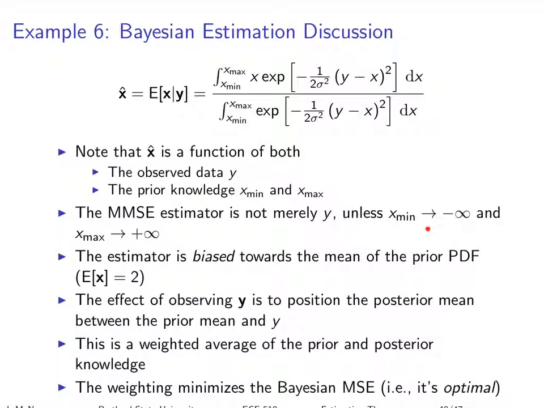The less good our prior information is, the broader the range over which we say X can take on values, the more the Bayesian estimate relies on the measurement data and becomes closer to the classical estimate. On the other hand, if we made this really tight, and you said, we don't know exactly what X is, but it's between 1.1 and 1.2, then very little relative weight would be given to the measurement. If the measurement was 3, the estimate isn't going to be outside this range of xmin to xmax, and it would effectively discard that measurement because we had really good prior information in that example.